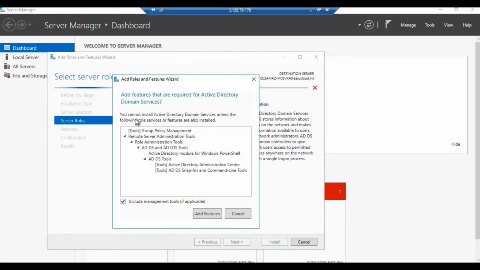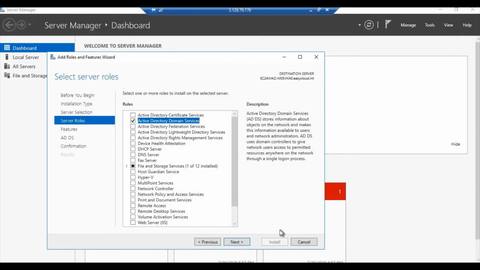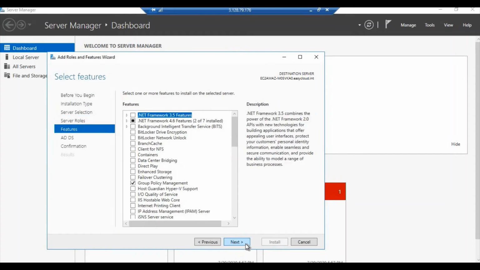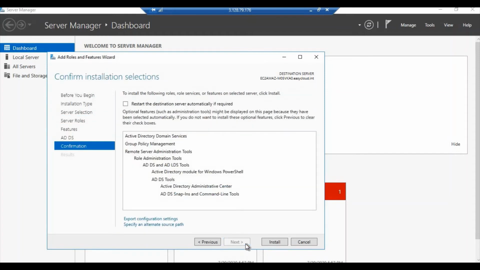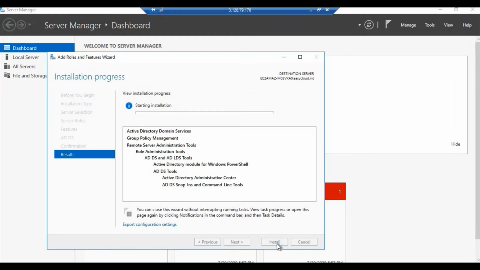You need to select this, add feature, next, next, next, install. Once this is installed, then you can access the AD using this server. In order to access the AD, the server should be domain joined. Only then can you access the AD that we created in AWS.